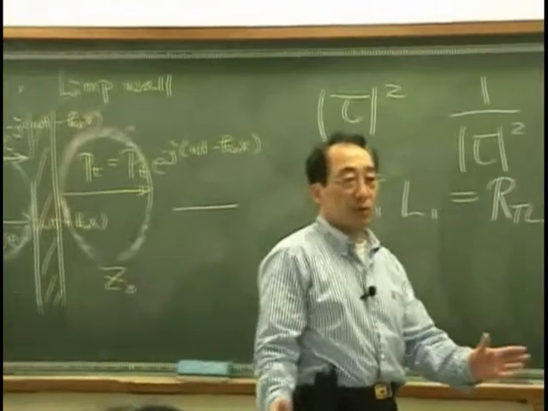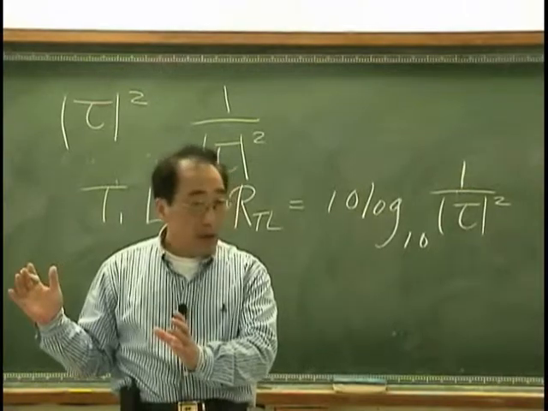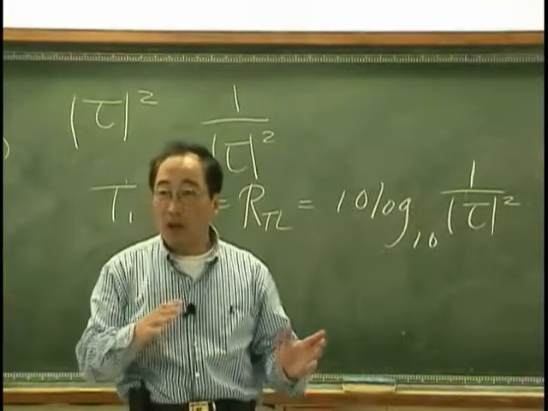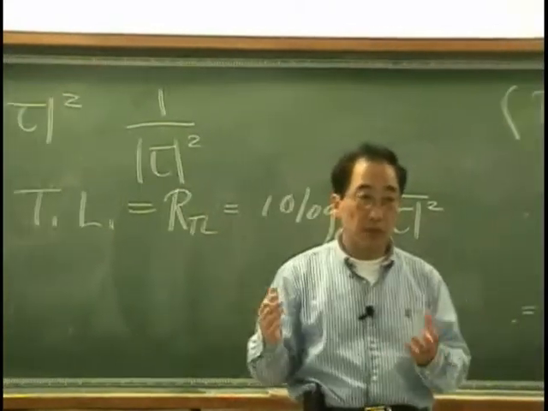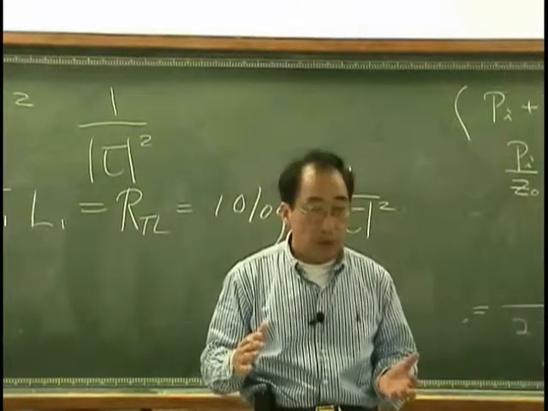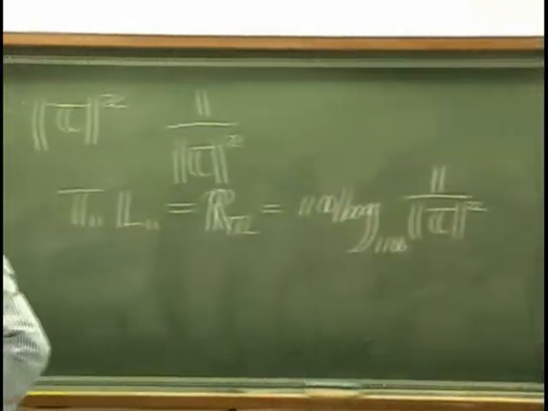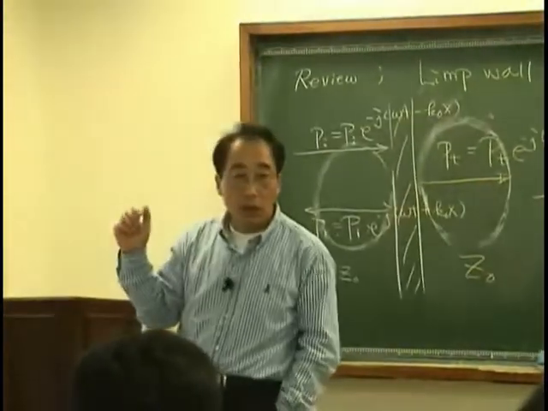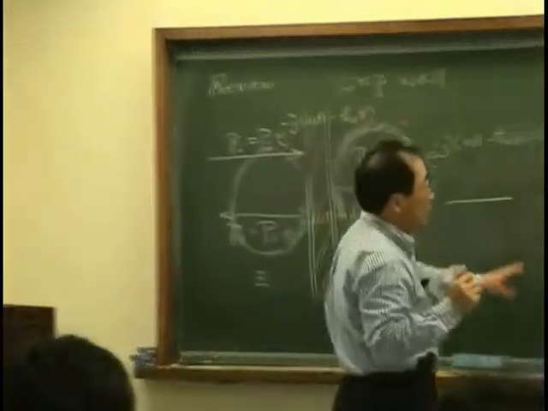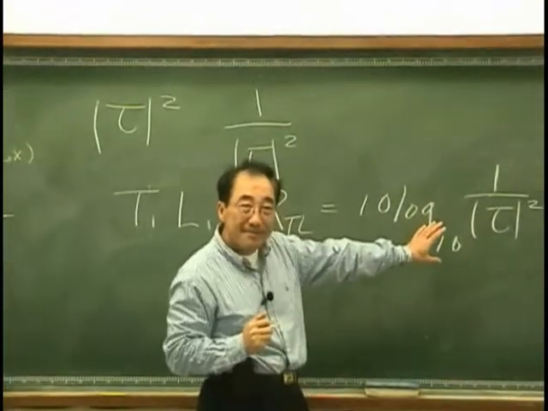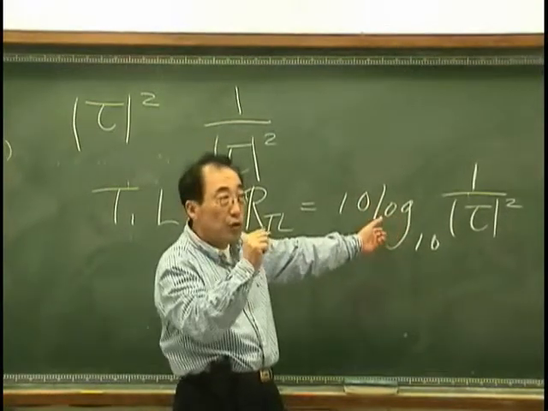For example, somebody says, hey, we have noise whose sound pressure level is 80 dB, and I want to make a space quieter than outside, of course, and the sound pressure level has to be, for example, 50 dB. Then the input has to get a transmission loss of how much? 30 dB, right? That means I want to make a transmission loss of 30 dB. Okay? So that is a very useful concept for noise control people.